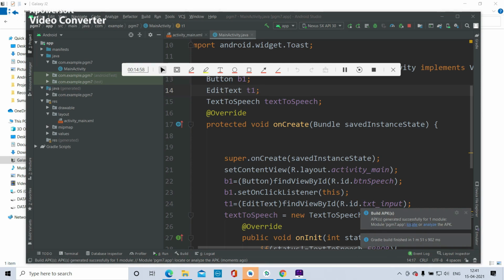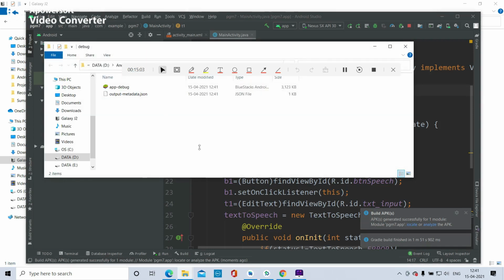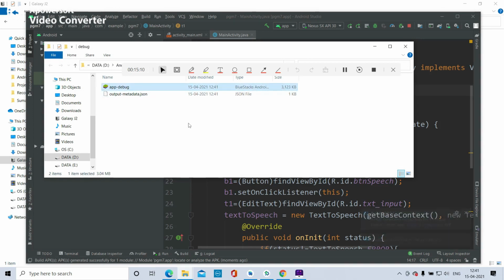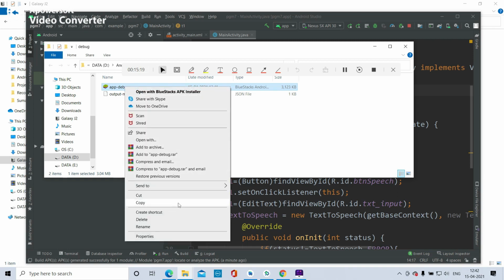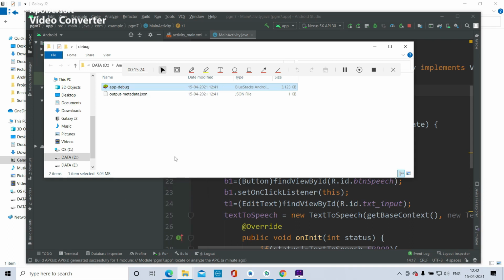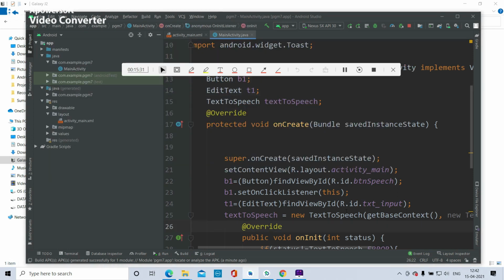Now you can click on locate, which gives you the location of the APK. You can see app debug, okay, the APK file. Right click on this and then copy. Okay, you can see the location of the APK file.